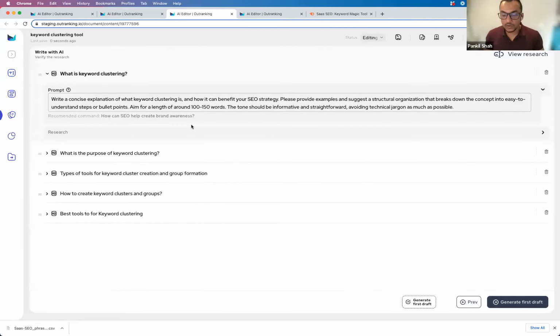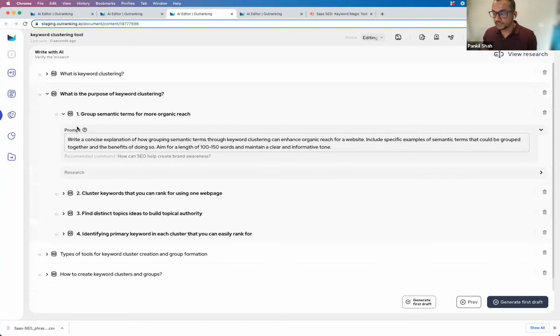Okay, now Outranking will build prompts before generating the first draft. So this is what the prompts will look like. If you want the nitty-gritty of being able to control the prompts, then you would need to turn on research writing and go and optimize your prompts all at once if you want to, or you can skip the first draft, take the prompts into your editor, and then run it from there. But these prompts are very concise, and again, they're built based on training data.